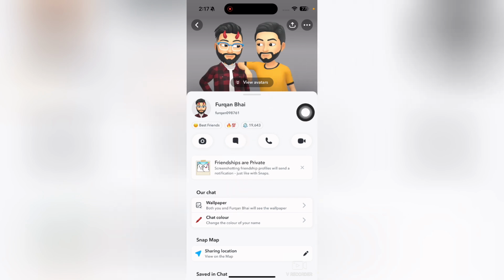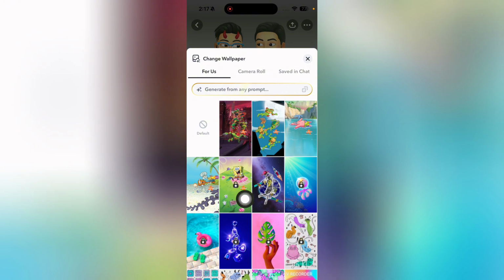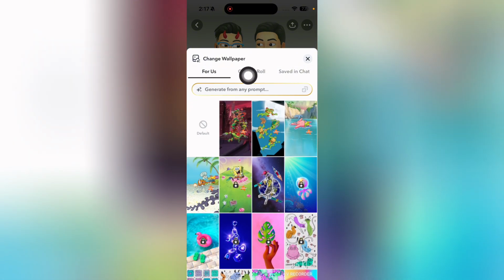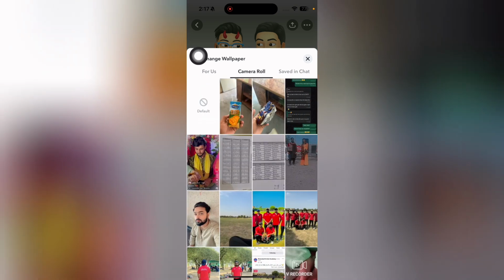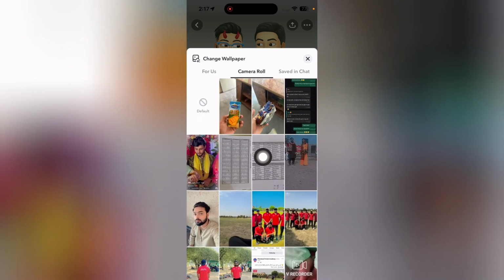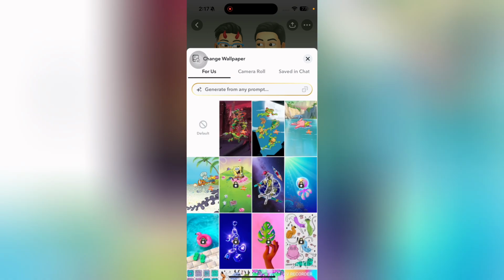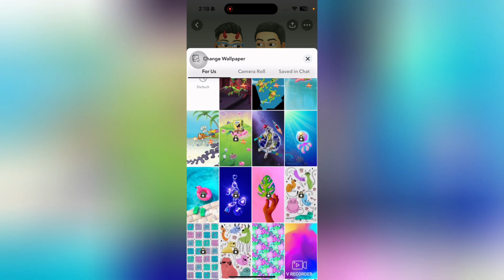So just simply tap on wallpaper, and then here you can see that we have a bunch of different wallpapers to add. You can also add images from your gallery as well. So you can just simply tap here and these are the images that are from your phone's gallery, and if there is any image that is saved in chat you can just simply add that image as a wallpaper as well. So I will just simply go into for us and I will just simply add